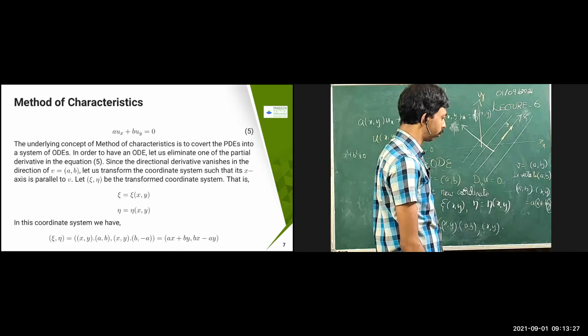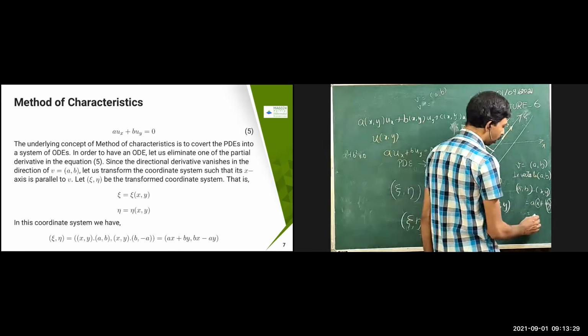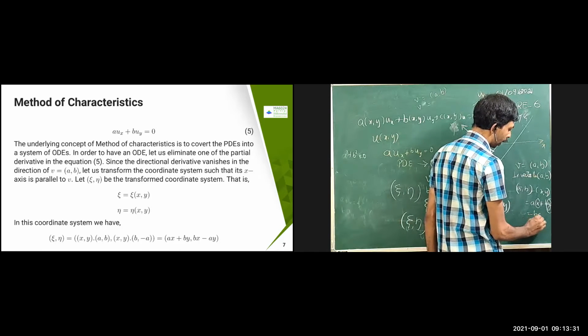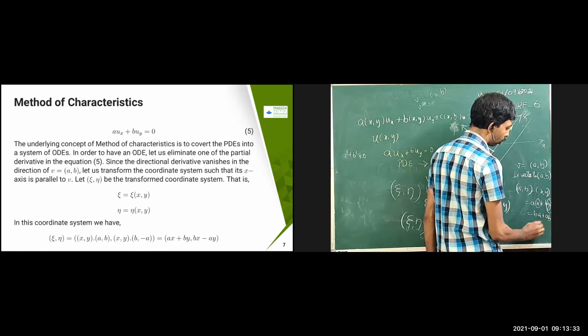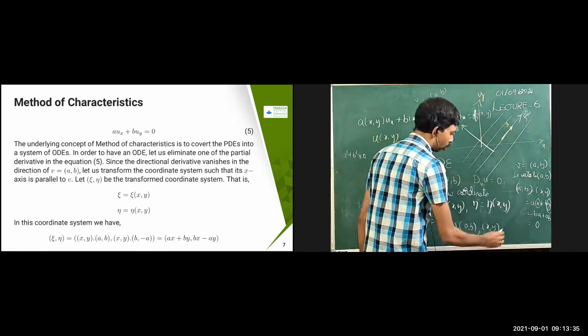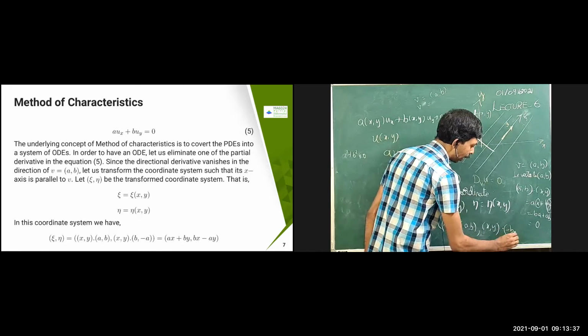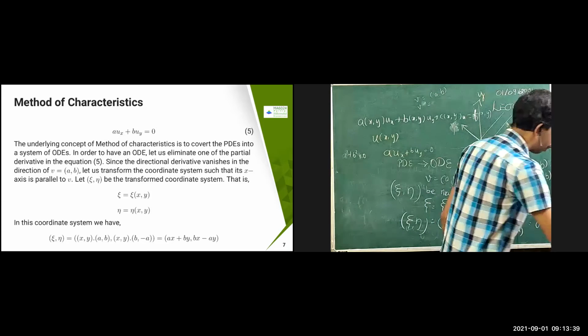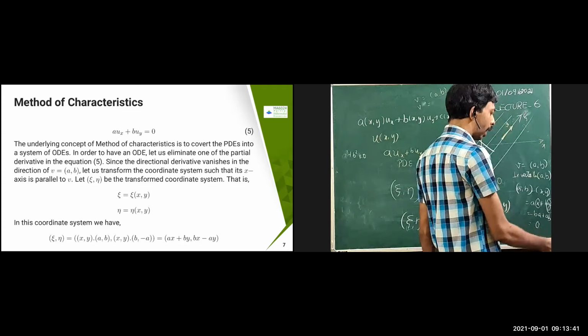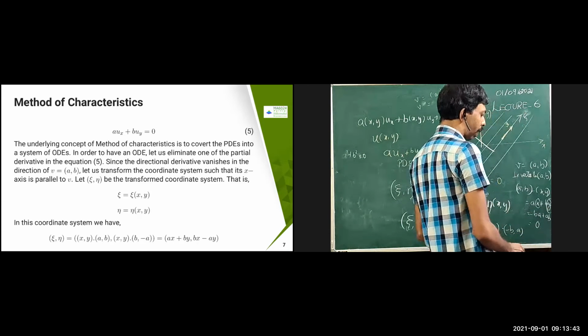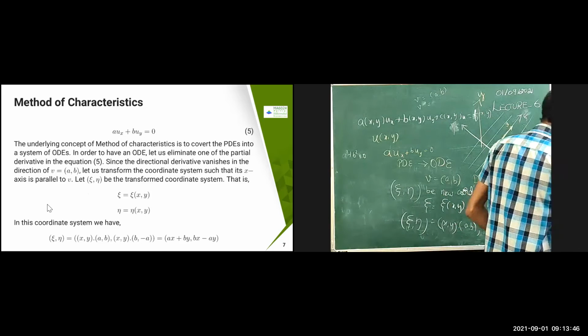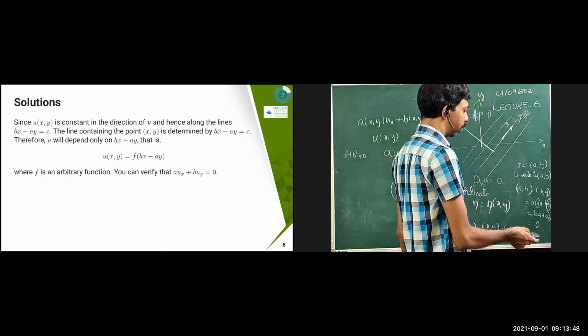Minus b comma a. Minus b comma a. Okay, so this is going to become like minus ba, and this is going to become like ab. So this is going to become 0. So I'm going to denote this one minus b comma a, which we have already described in the previous one, because the idea I'm going to use is from the previous one only. I'm just trying to extend the idea. So in the previous one we have used that already.